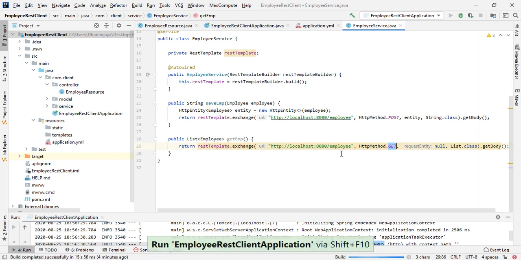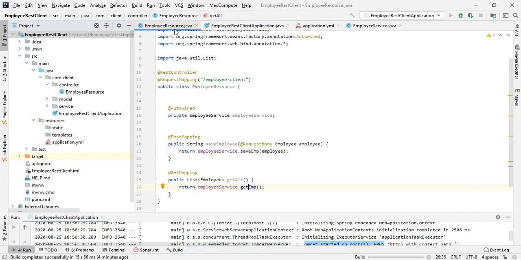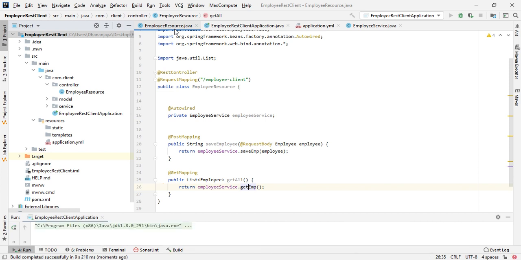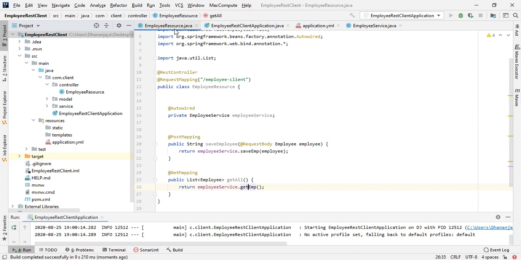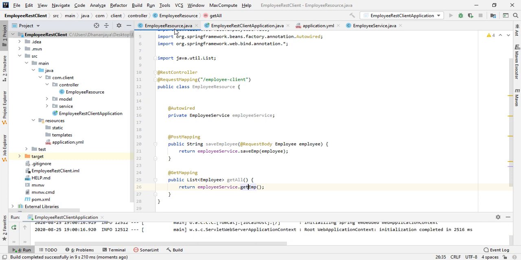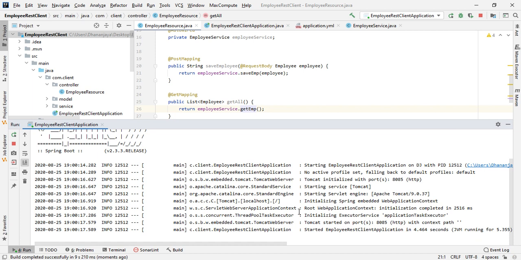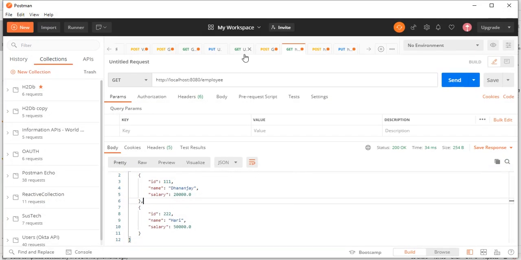Let's try to start the server and check. Yeah, application is up on 8085 port. Let's try the GET endpoint. This endpoint is the provider side endpoint.